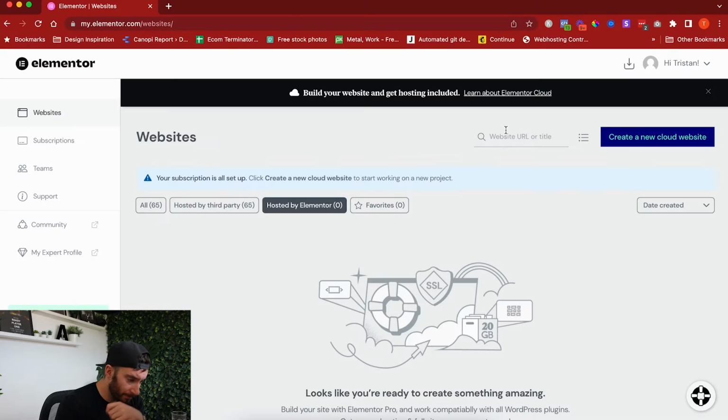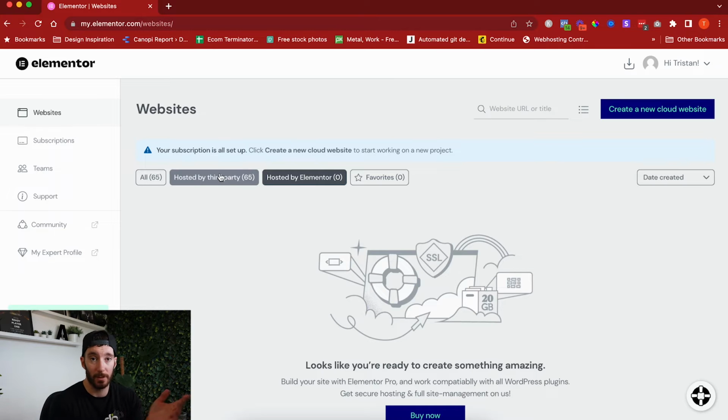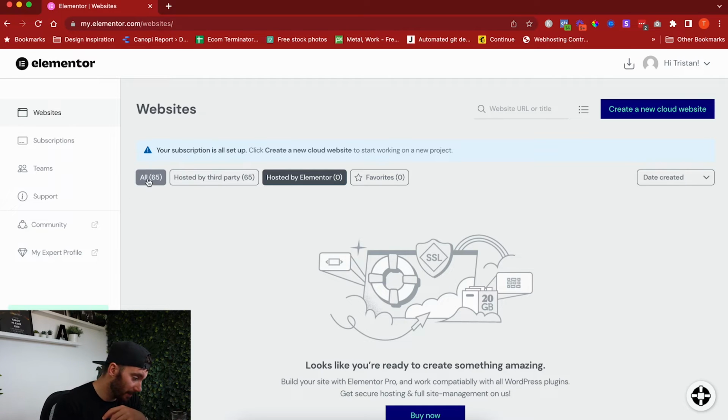So yeah, let's go. So here we are at the Elementor dashboard. Okay, now we can just close this. And you can see here under hosted by Elementor, there are no websites. Okay, so this is the hosted platform. Now I do have an Elementor Pro license as well, so you can see that there's at least 65 websites currently within there. Right, so what we need to do is first hit this create a new cloud website button,